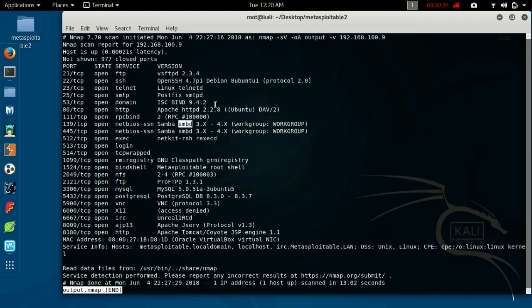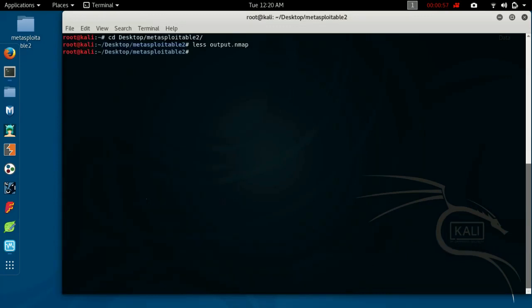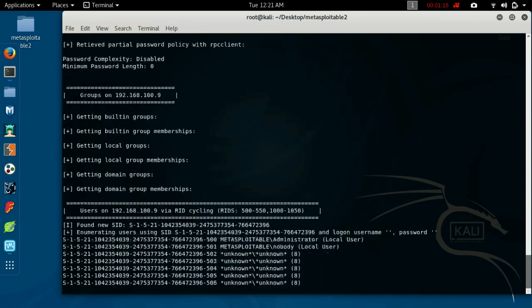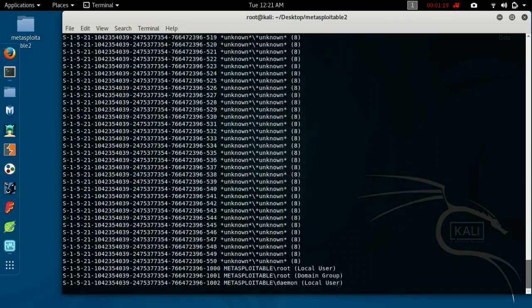For SMB exploitation, the first thing to run is different tools to enumerate the exact version of SMB and what other information we can find out using different tools. So as you can see that SMB is running on the target machine, so we are going to continue our enumeration with the SMB service. The tool I like mostly is already available in Kali Linux, which is enum4linux, and the IP address of our target. Let's see what we can find out. So as you can see that it is pulling a lot of information